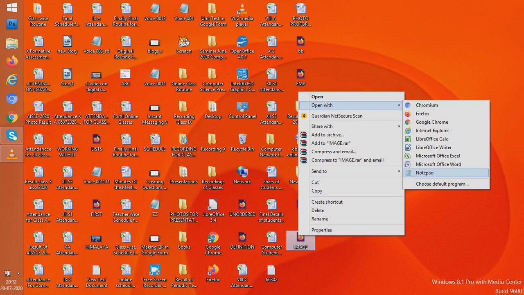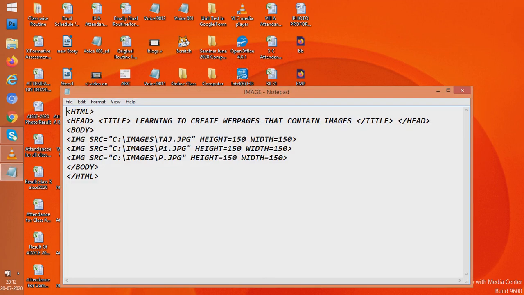Let us see. I will use different widths for the border. See, border for the Taj Mahal I will put to be 10. So border is equal to 10. But for the border of one of the pyramids images, let us put it as 15, and let us say for the third image we put the border to be 5. You will see the difference in their width. Let us see how it works. So I again save it.